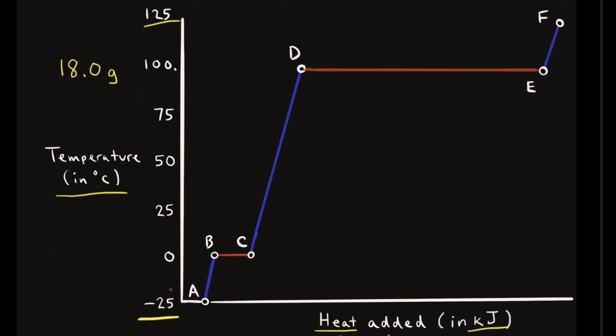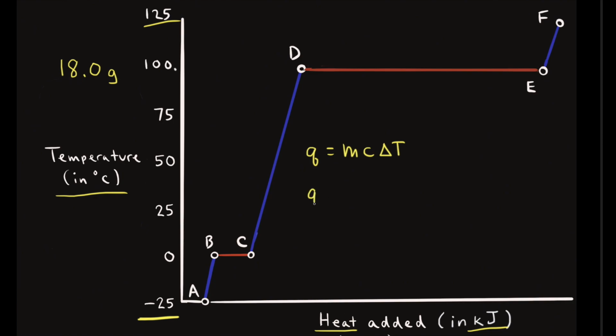So we're starting with ice at negative 25 degrees Celsius, and first we need to heat up the ice to 0 degrees Celsius, which we know is the melting point. So on our heating curve, we're going from point A to point B. To calculate the heat necessary, we need to use the equation Q is equal to mc delta T, where Q is the heat added, m is the mass of the ice, c is the specific heat of ice, and delta T is the change in temperature,